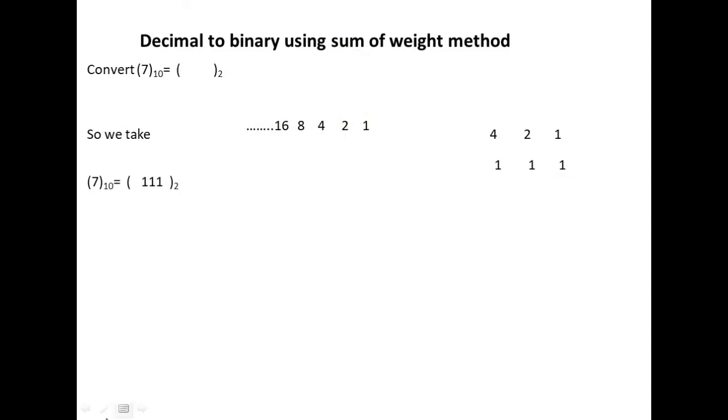Now come to the next question. Here we have to convert decimal number 7 into the binary equivalent. So again write this sum of weights and try to find 7. Here we see 4 plus 2 plus 1. All these 3 digits are going to give us 7. So we have written this separately, 4, 2, 1 and make all digits 1. So the binary equivalent of 7 is given here, 1, 1, 1.